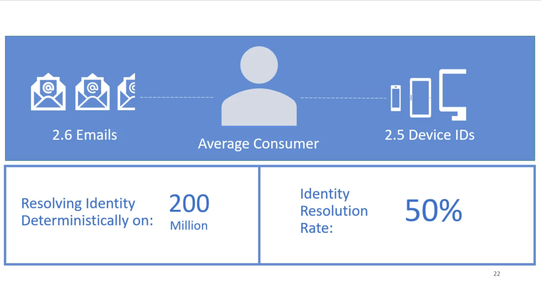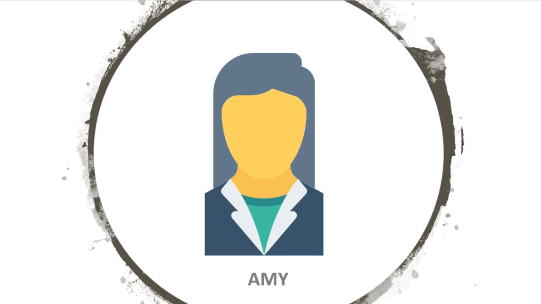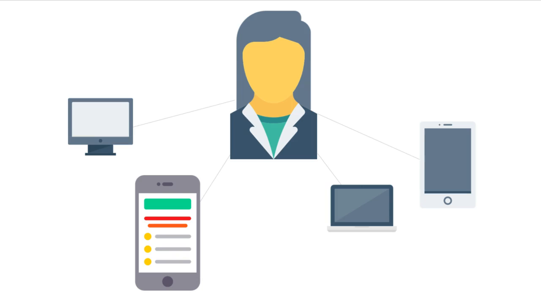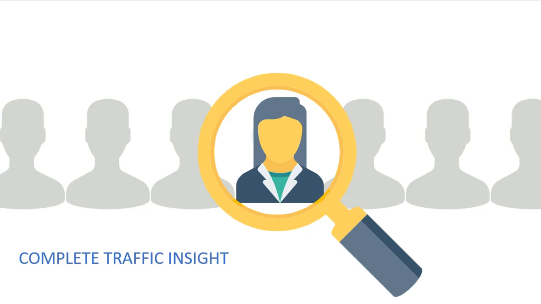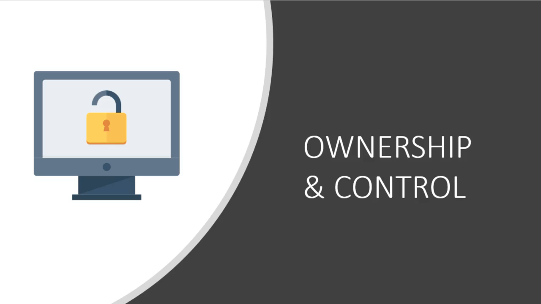That's a pretty big deal, because now you can do a whole world of other things you couldn't do before. Remember what your goal is here. You want to be able to search Amy, not Amy on Facebook, not Amy on YouTube, or Amy on her tablet or car website, just plain Amy. Wherever she is and whatever device she's using, with SiteVisitor Match you can, with cookies you can't. SiteVisitor Match gives you complete traffic insight. Cookies don't. You get ownership and control of your targeting data forever. Cookies don't. The list of things that SiteVisitor Match can do that cookies can't is ridiculously long.